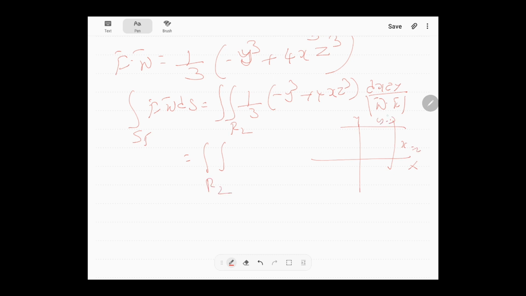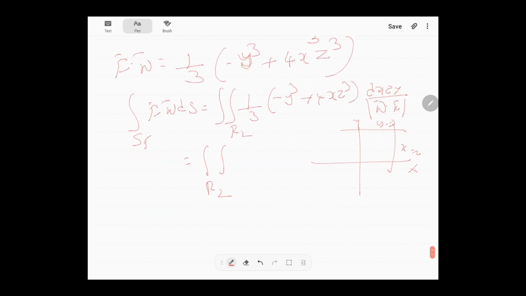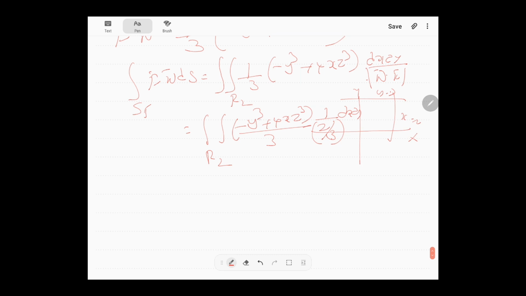So double integral over R2 with n bar dot k bar. What is your n bar dot k bar? If I take the dot product with k bar, I'll get z by 3. If I write z by 3 here, then I into 3 by z, 3 and 3 get cancelled. It will be minus y cube plus 4xz cube by 3 into 1 by z by 3 dx dy. This z by 3 is n bar dot k bar. So this 3 and 3 get cancelled, and the double integral over R2 of minus y cube by z plus 4x z square